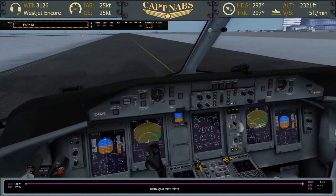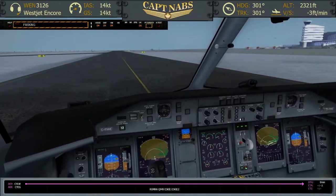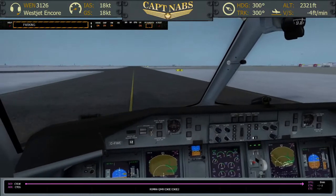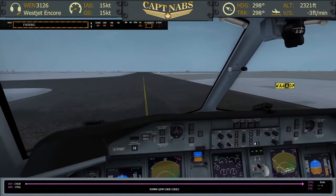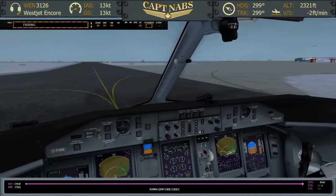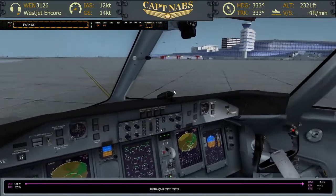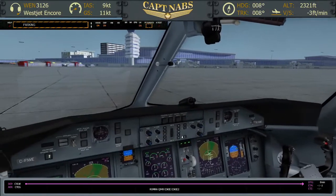Looks like the FO has done everything, except the flaps didn't come up because, again, reset to what I had. Almost enough to make me want to take the flap control off of my quadrant. Okay, I think I see the guys there. I see the baggage cart and everything. So I think I see where to go when we get on the apron here. Alright, I'm going to take this off of mute for a minute here while we give the FOs some commands for the shutdown. I think we're supposed to run those gates there, but I guess they're not marked properly, or not coordinated properly, so...